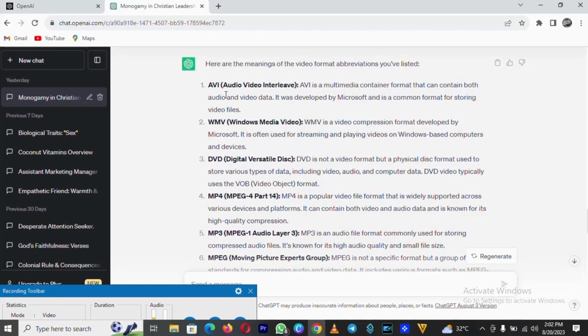Then we have WMV, that is also in the media bracket. It's a video compression format developed by Microsoft, used for streaming and also playing videos on Windows-based computers. DVD, we all know what it is, but the full meaning, in a stretch, okay, is Digital Versatile Disc. That's what it is. DVD is not a video format, but a physical disc format used to store various